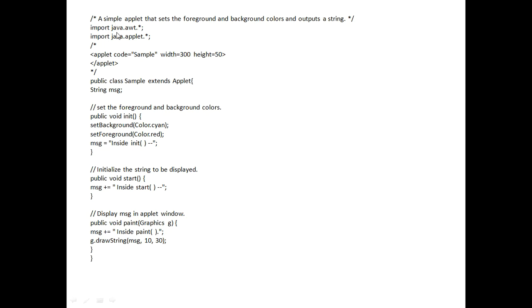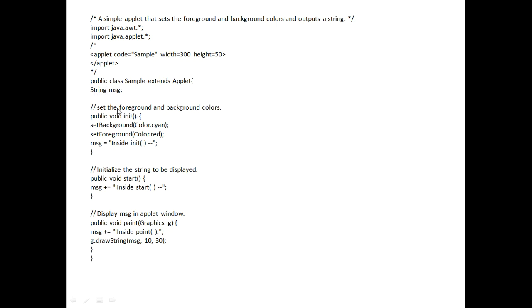So here is an example. As I told, these two packages you have to include in every applet program. Whatever you see in the comment part is another HTML file. Then public class sample extends Applet. Here we have taken a message, a field of type String, msg.